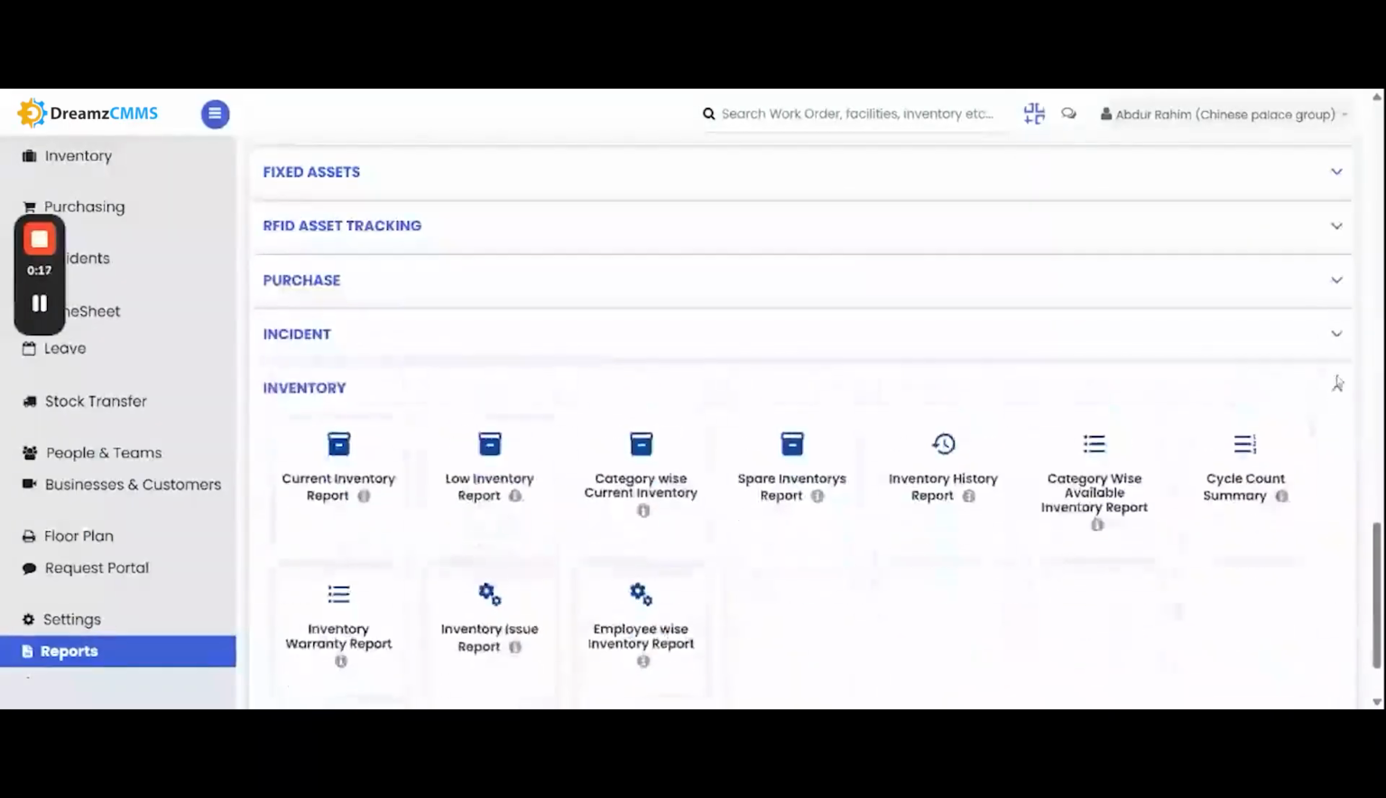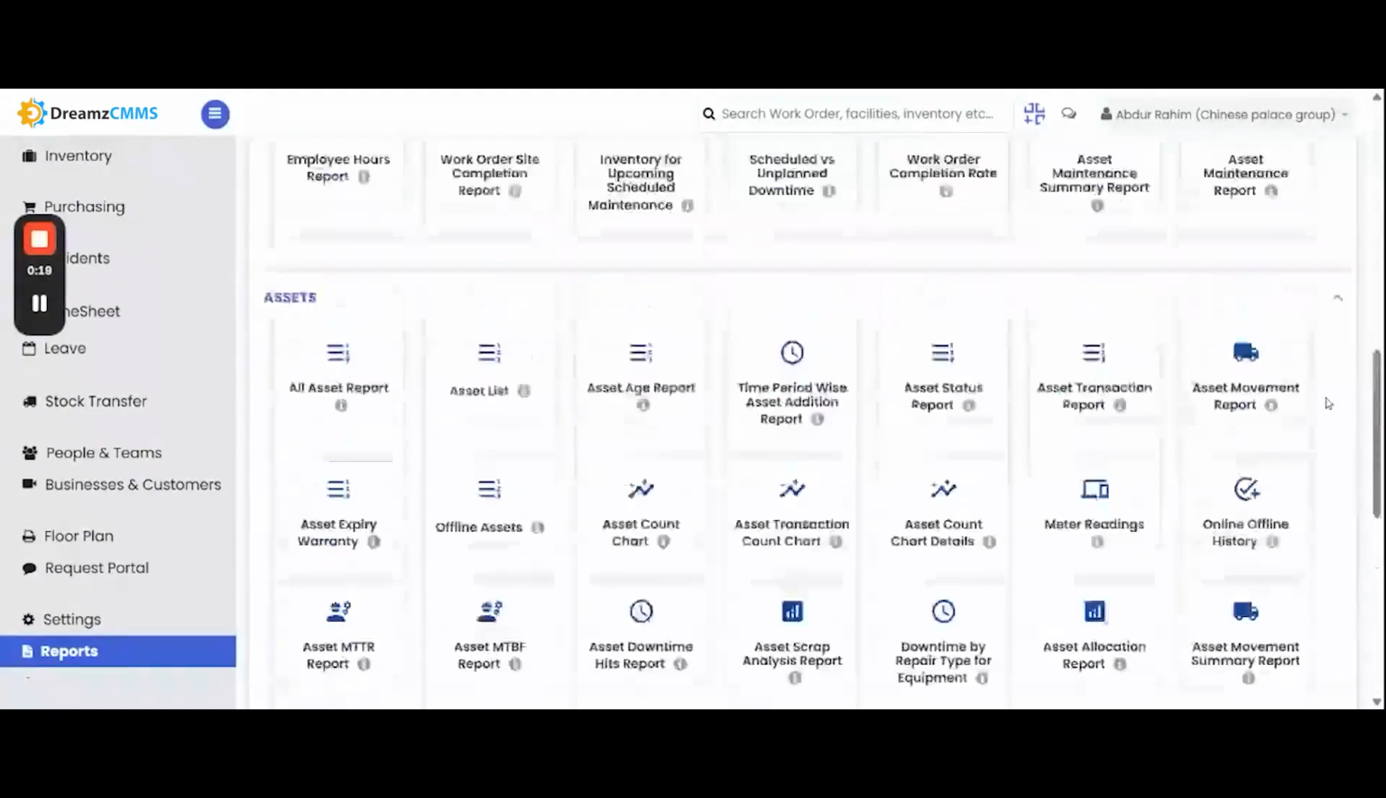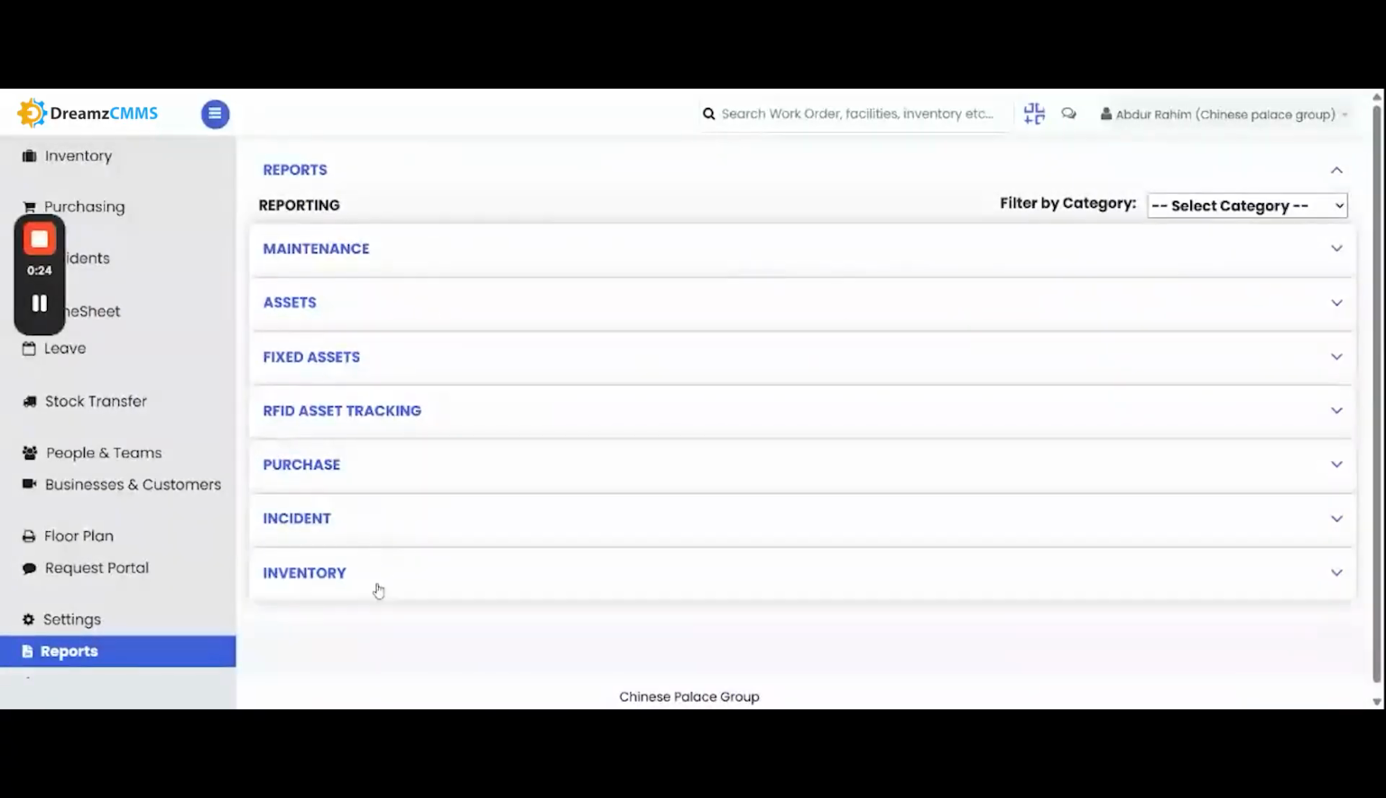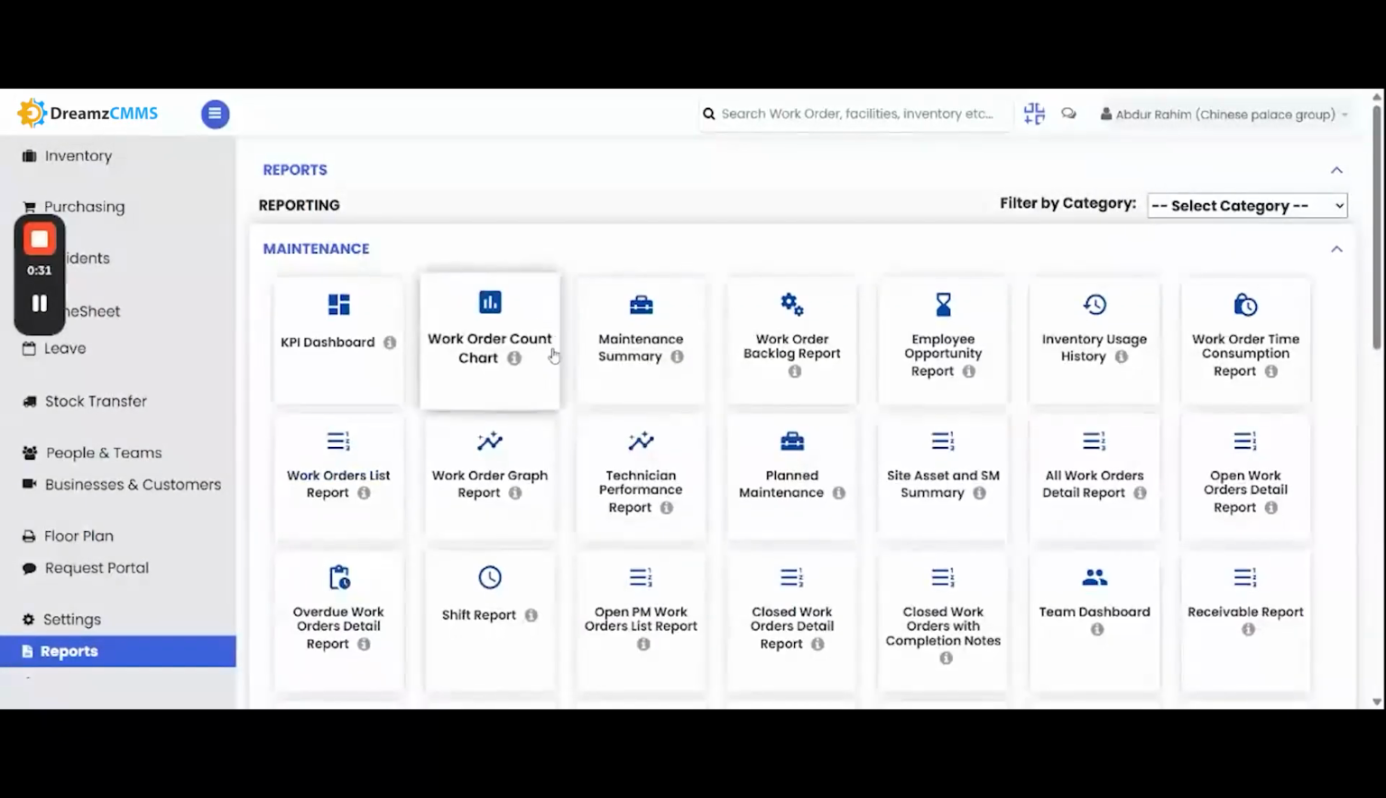You can access the Reports section by clicking Reports from the left menu. You will navigate to the Reports page, where you can find various module-wise reports. To view work order-related reports, go to the Maintenance section. By clicking on each report card, you can generate reports such as the Inventory Usage History in Work Order Report,